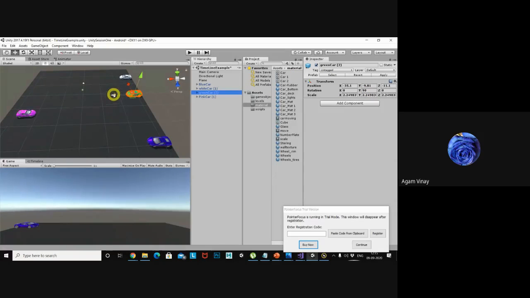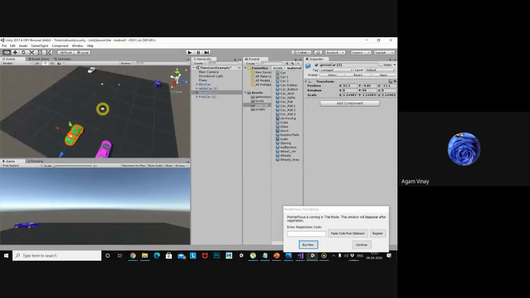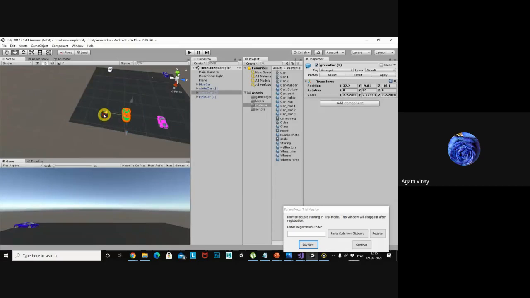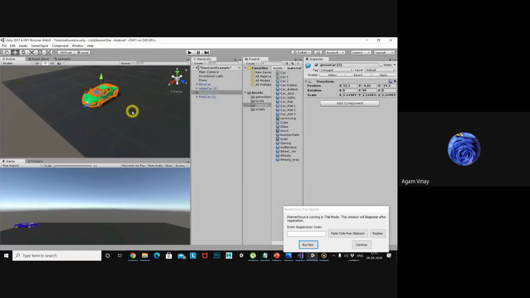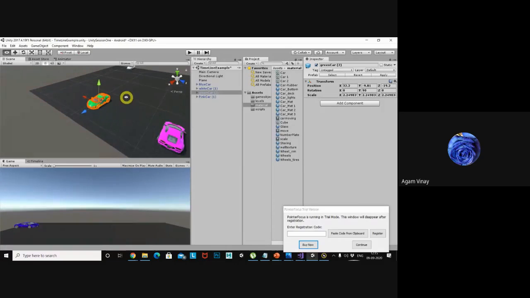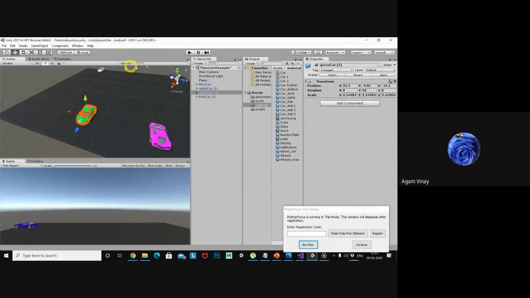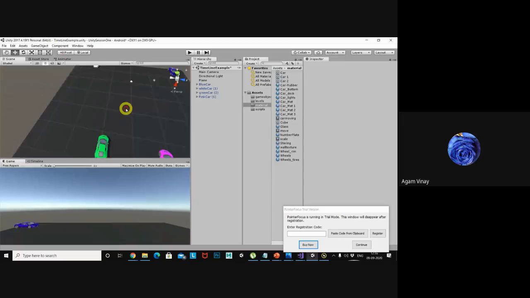And this is also this side. What I am trying to tell you is that using one timeline, I can access all 4 cars. 270. Like animation only, the timeline will also work.